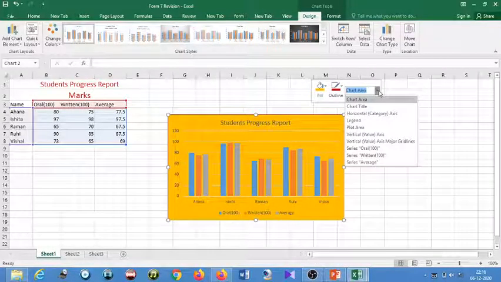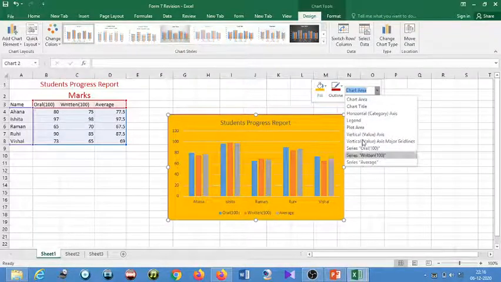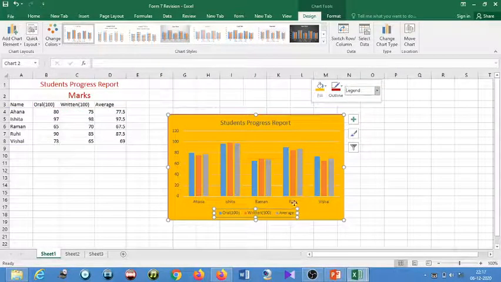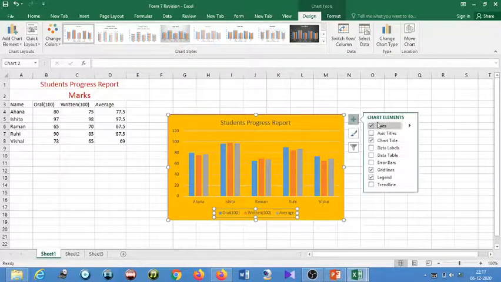Then other things: legend, it's already there. There is also a plus sign here, it gives you the chart elements.